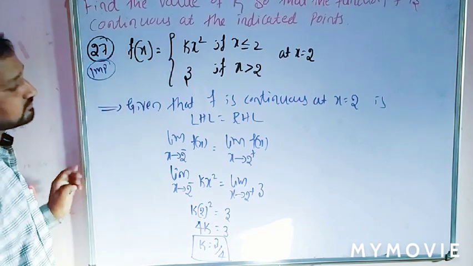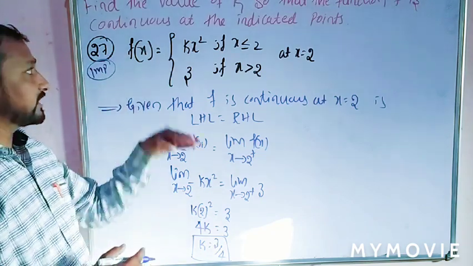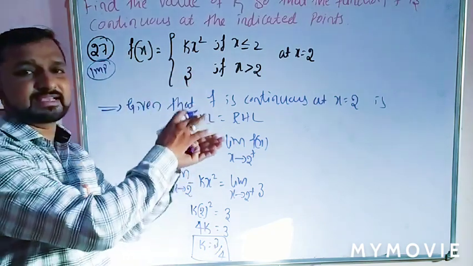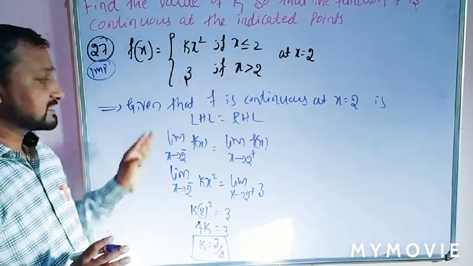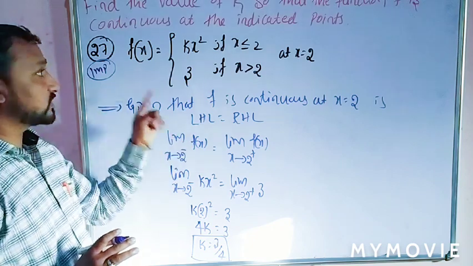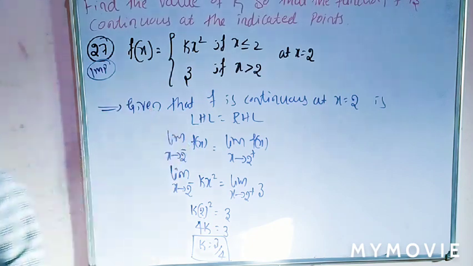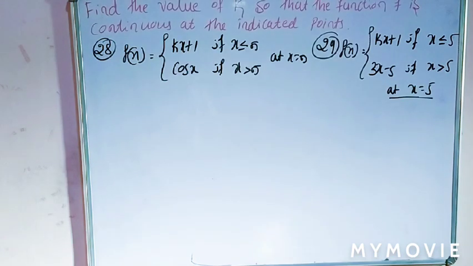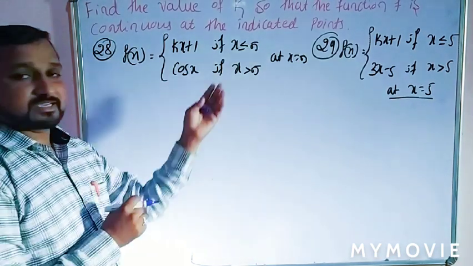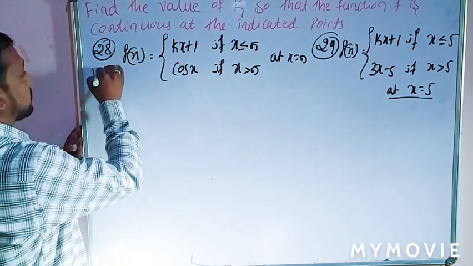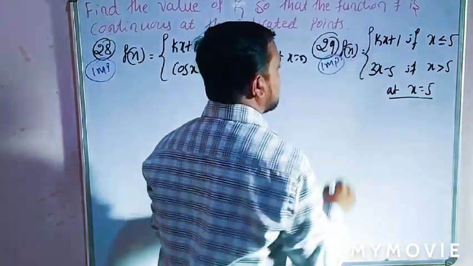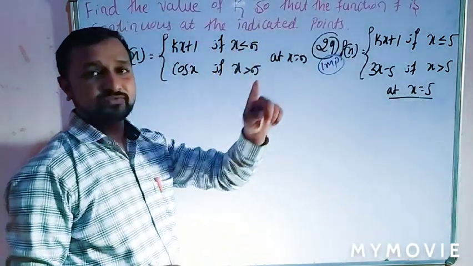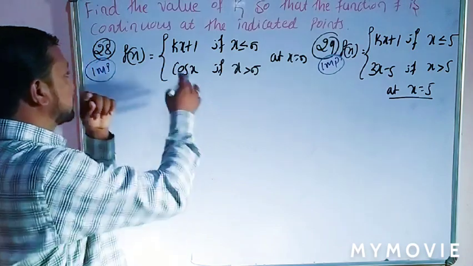Very simple answer it is. This is a 4 marks question. The previous one was a somewhat complicated example, and the remaining are very easy examples. Is that clear? This is a 4 marks example. Very important, students. Write down carefully. Okay. So students, these 2 examples are the same as it is. These are also very important questions. I can solve one, and only one is for your homework. Okay. So I solve this example.